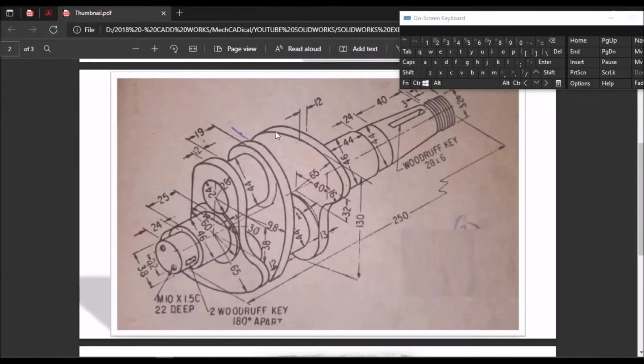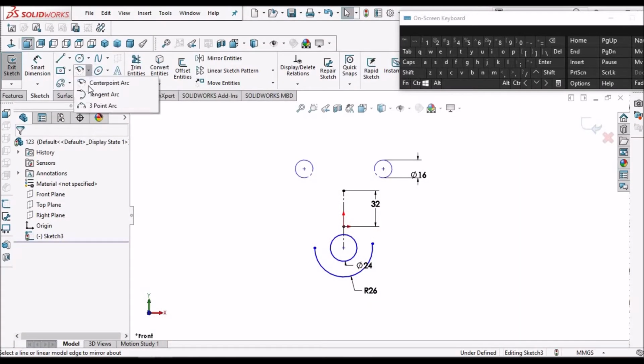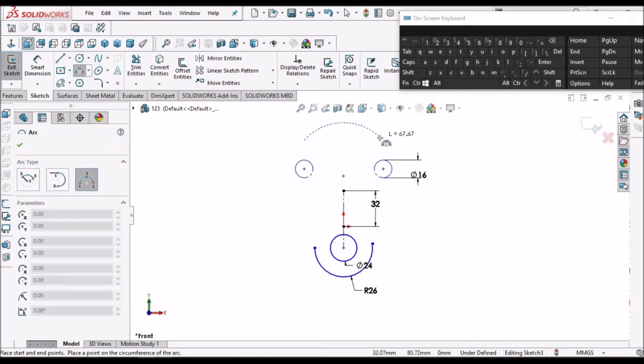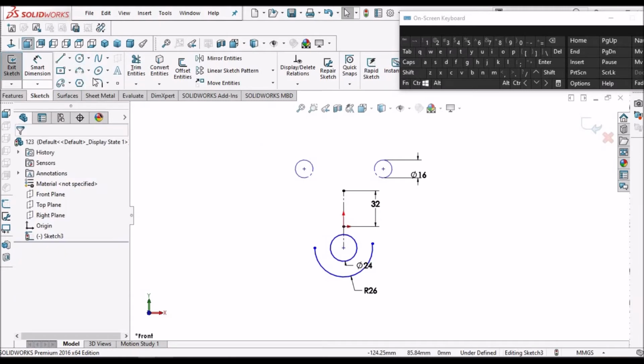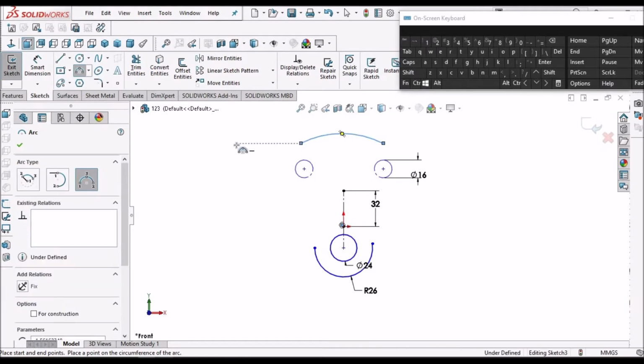Now I am going to draw this arc of 65. So take 3-point arc. Say OK.